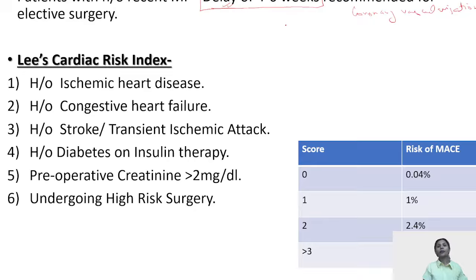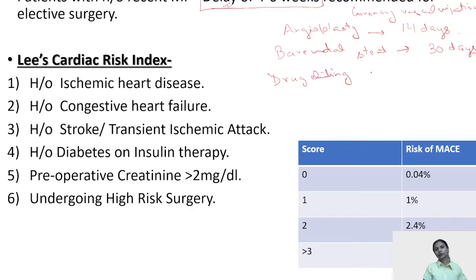This could be like maybe the patient had undergone angioplasty. If the patient has undergone angioplasty, any surgery has to be delayed at least for 14 days. If the patient has got a bare metal stent, then the surgery has to be delayed at least for 30 days. And if the patient had a drug-eluting stent,